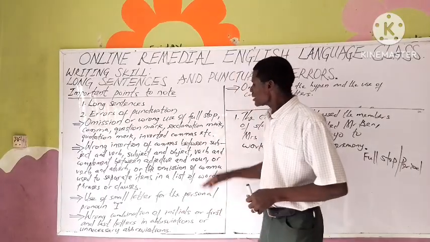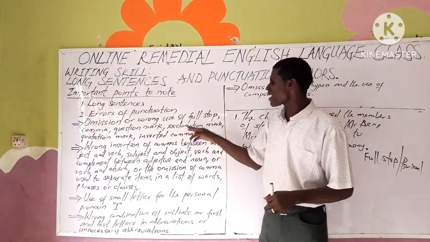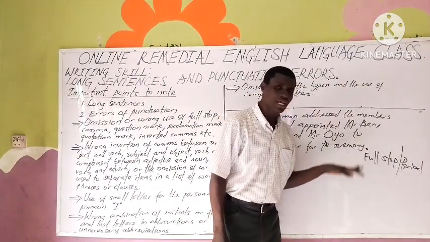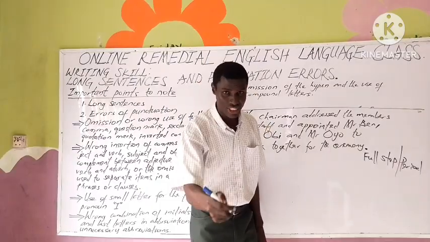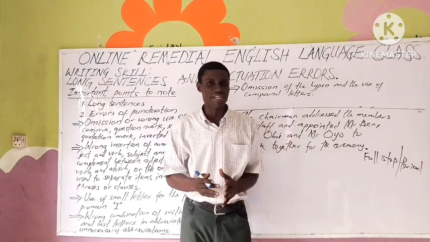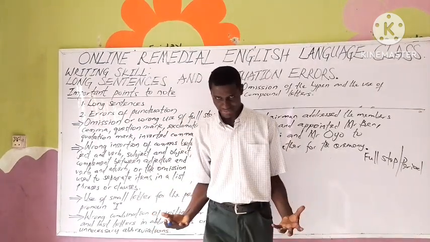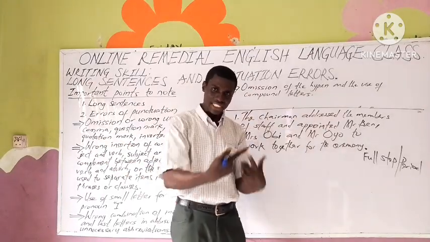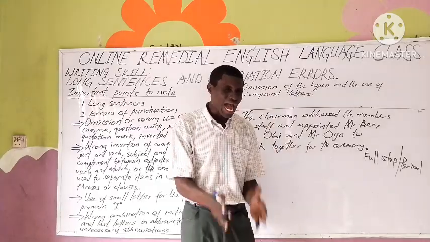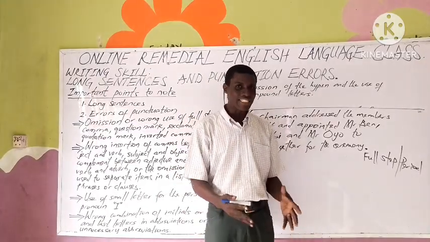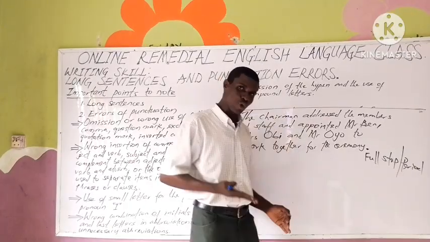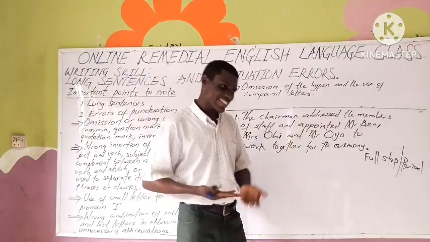Have you ever wondered, the same pause that you are going to have for exclamation mark, it's the same pause that you're going to have for full stop, because they do the same thing. They end sentences. Just that exclamation mark is a bit or quite different. It's going to reveal strong emotion. Are you following? But they have a connection. Both of them, including question mark, are going to be realized as a full stop. But how can we differentiate them? Then we need to pay attention to the sentences.